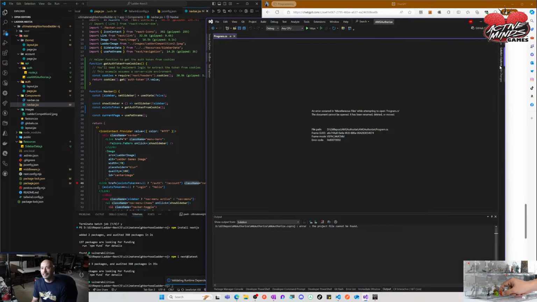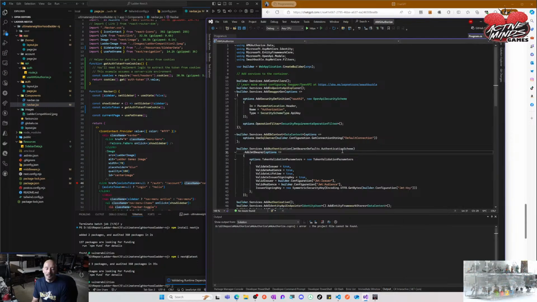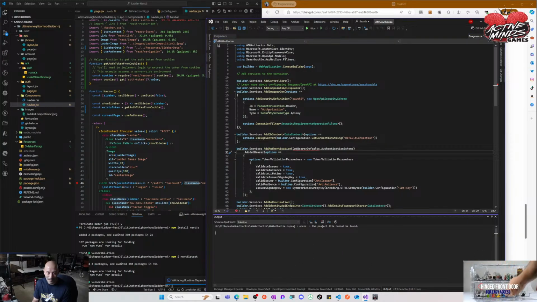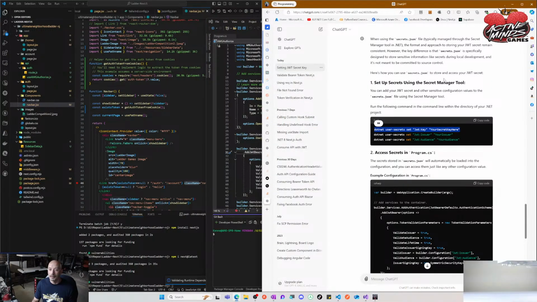All right, I think we're okay. I can probably just open this up now. Back to where I was, programs.cs. Now we're going to go back to my bash folder, theoretically. Developer PowerShell, command prompt. I actually don't need this one. Can I close that? I don't actually need any of these, to be honest. They're just taking up space. There we go, Git Bash. And then we're going to go like that. Or not. Apparently it's no longer in my